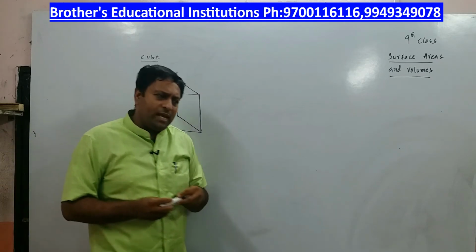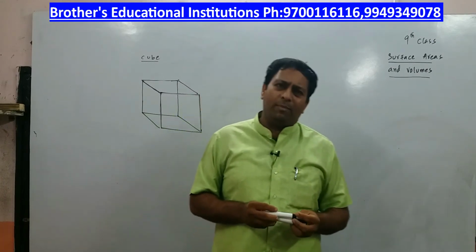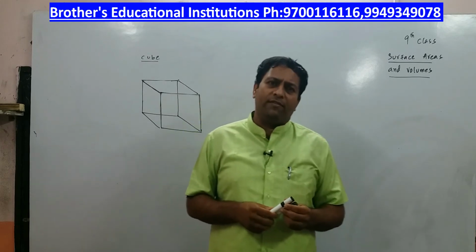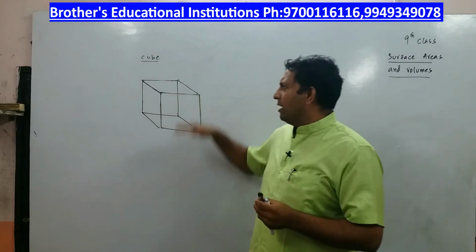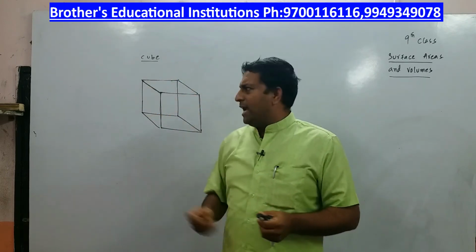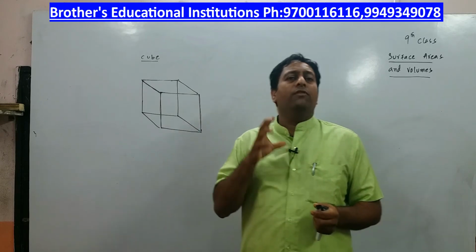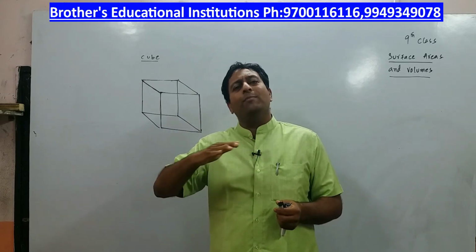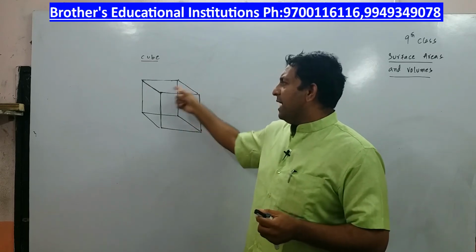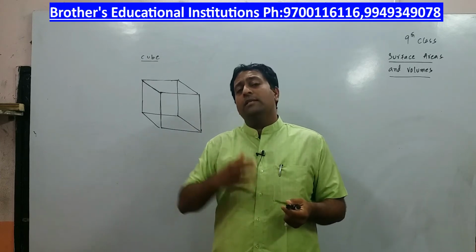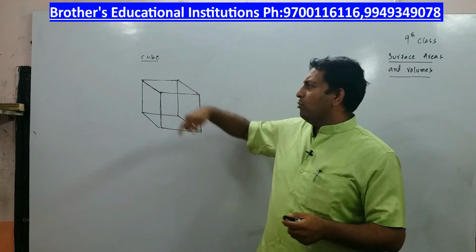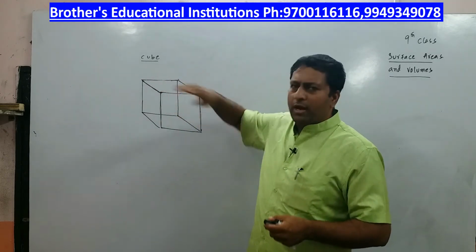Now when I speak of area, there are 2 kinds of area which we are going to deal with. One is the lateral surface area and another one is the total surface area. Total surface area is nothing but the area of all faces put together. How many faces are there? 6 faces, and each face of a cube is a square. See, a square is a 2-dimensional thing, whereas a cube is a 3-dimensional thing. So if I add the 6 areas, what I get is the total surface area of a cube. And if I take area in one direction, then I am going to have 1, 2, 3 and 4, I am going to have 4 faces.